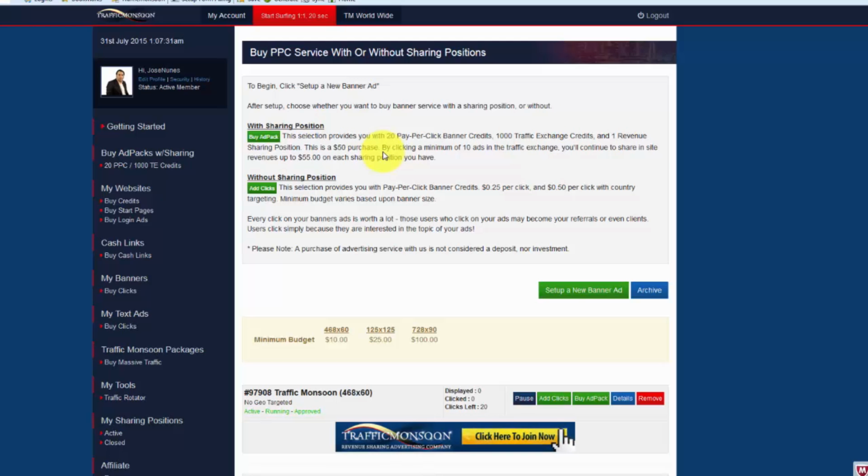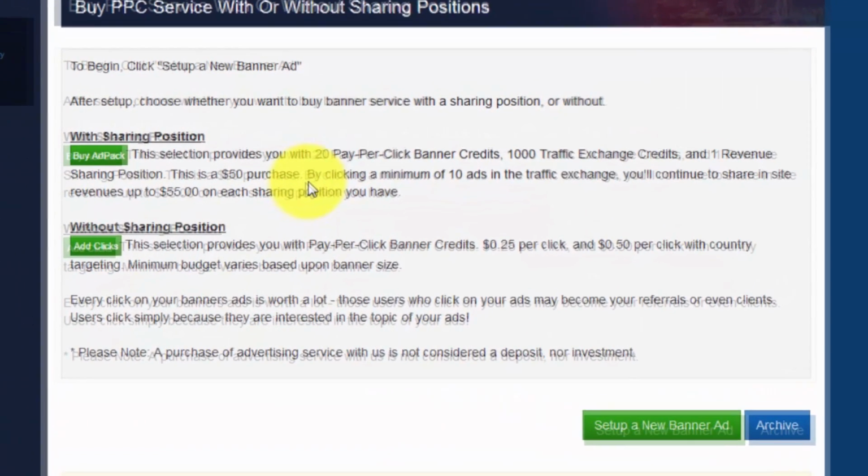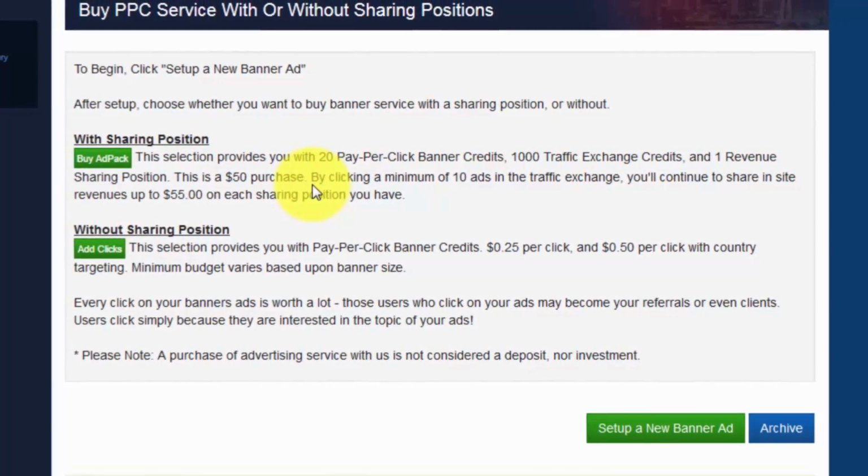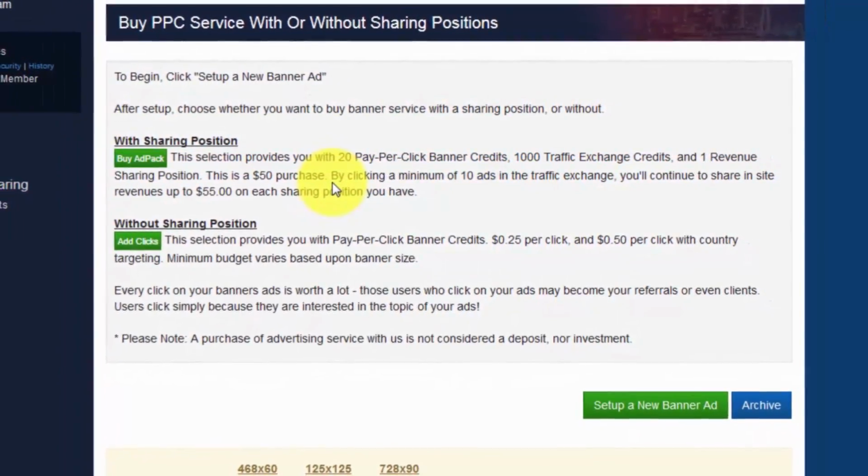So if you get 5 ad packs, you're going to be making just over $5 a day. If you get 20 ad packs, then you get $20 a day, and so on. When it gets to $55, it expires. There it goes, I think I pretty much explained what I can explain to you.